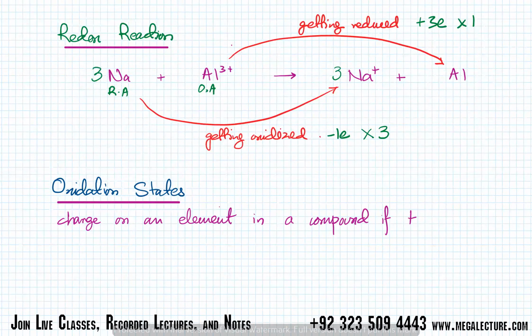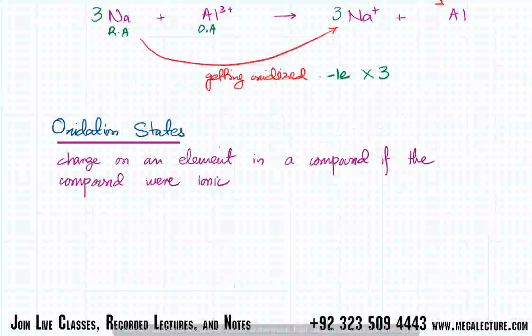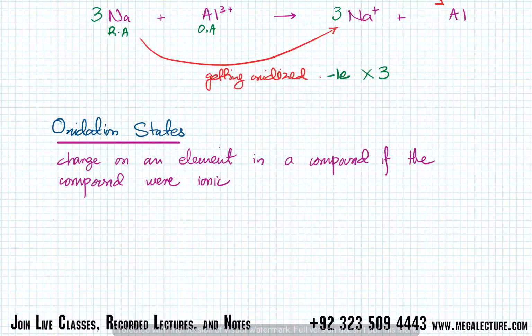if the compound were ionic. What that basically means is that if you have an ionic compound, first thing, free neutral elements are all